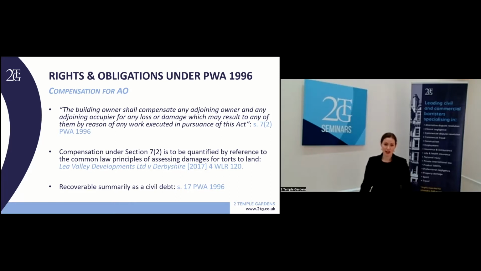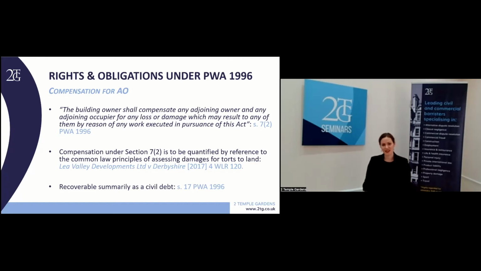From the building owner's perspective, the Party Walls Act 1996 seems like a pretty good deal. Once they've served an originating notice, and that isn't particularly difficult generally, and they've received either the adjoining owner's consent or a surveyor's award authorising them to proceed, the building owner has a defence to any civil law claims that the adjoining owner would otherwise be able to bring in respect of the works, so trespass or nuisance being the prime examples. In addition, the building owner has rights of entry. So even if the adjoining owner is being difficult and doesn't want to let them onto their land, they can be compelled to do so, including by way of criminal sanction.